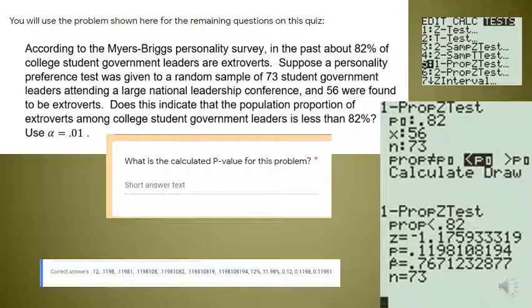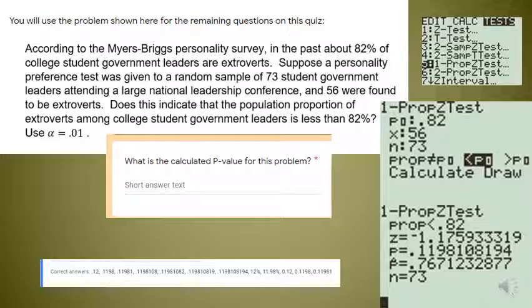And there were two more quick questions on here. It asked you to calculate the p-value, and just to remind you what you do with that, you go into stat tests. You want to choose one proportion z test, and in this whole chapter it is test rather than interval you're going to choose. You put in all the numbers we were just talking about and make sure less than's highlighted. And when you get the readout screen, the thing you want is the line that just says P. It's right below Z, and it says